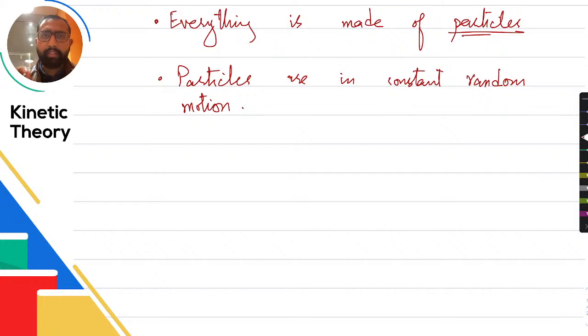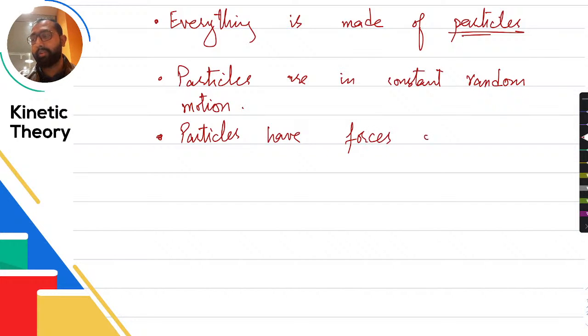So there are small things in there that make everything, and they're moving all the time. And the movement is out of our control. It's random. We cannot predict what side it will go to, and we cannot stop it. It's constant, which means no matter what you do to that, it will continue to move on. And the third main idea that kinetic theory builds its case on is that particles, these things, have